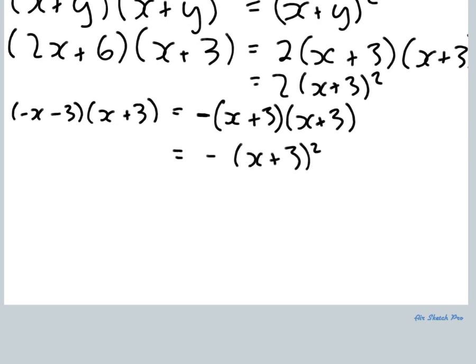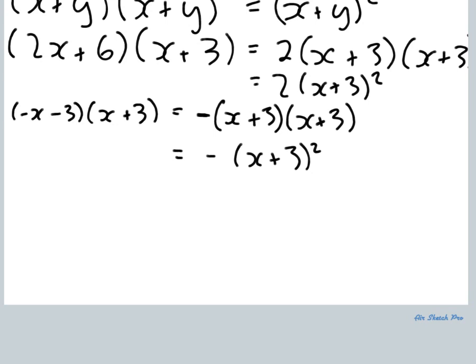So we've got negative x plus 3 all squared. Okay, so once we can reformat our question into something that looks like a perfect square, it's then solvable. Another example